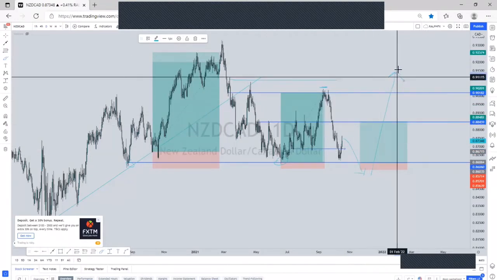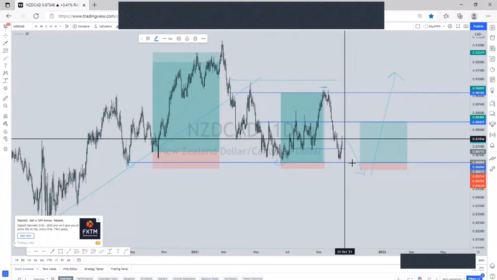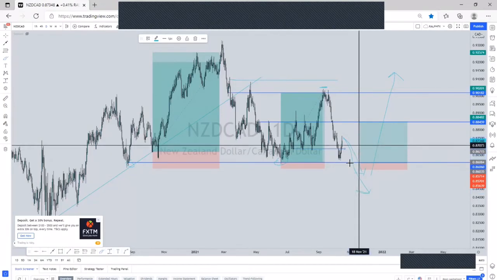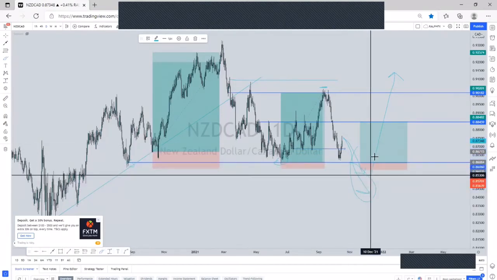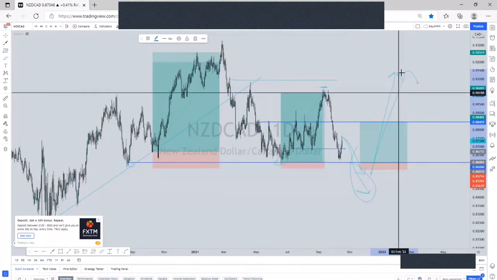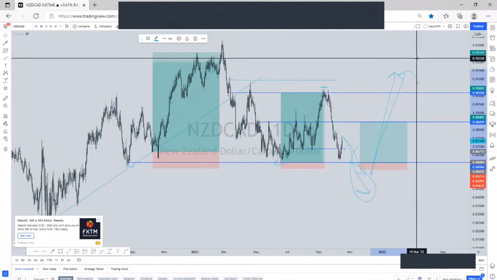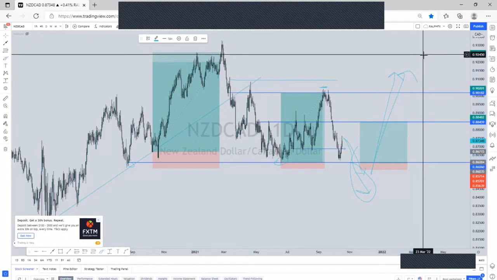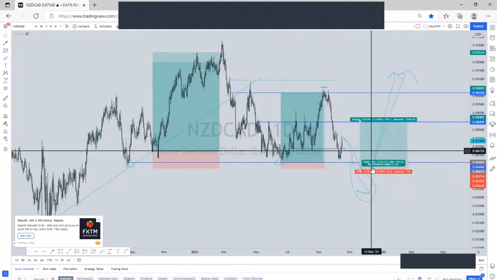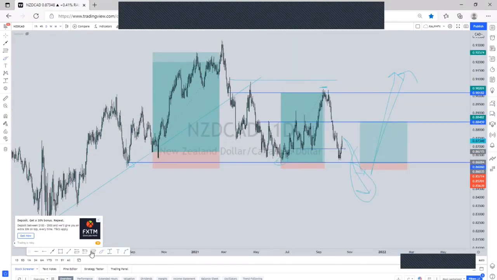In order to take that buy, they need to create sellers and have sellers trapped on the other side of the market so that liquidity is to the other side of the market. So this is how we're able to spot liquidity, and this is how we're able to take advantage of liquidity, right? So if someone is looking to take a trade like this, they have to induce people to say, okay,